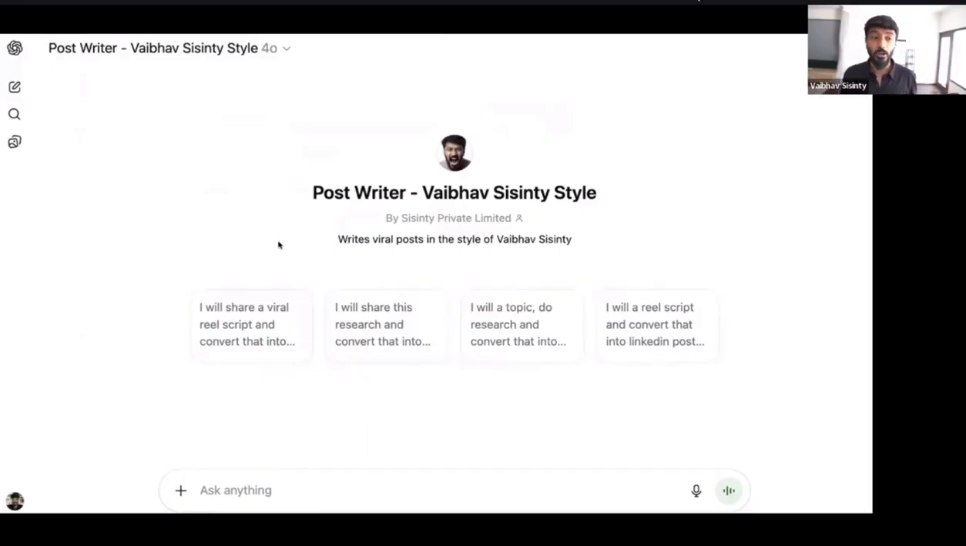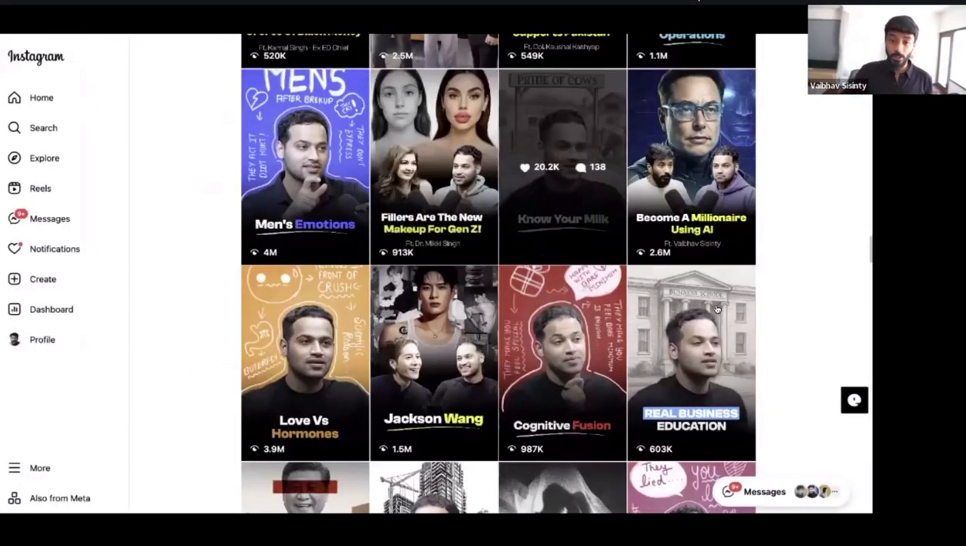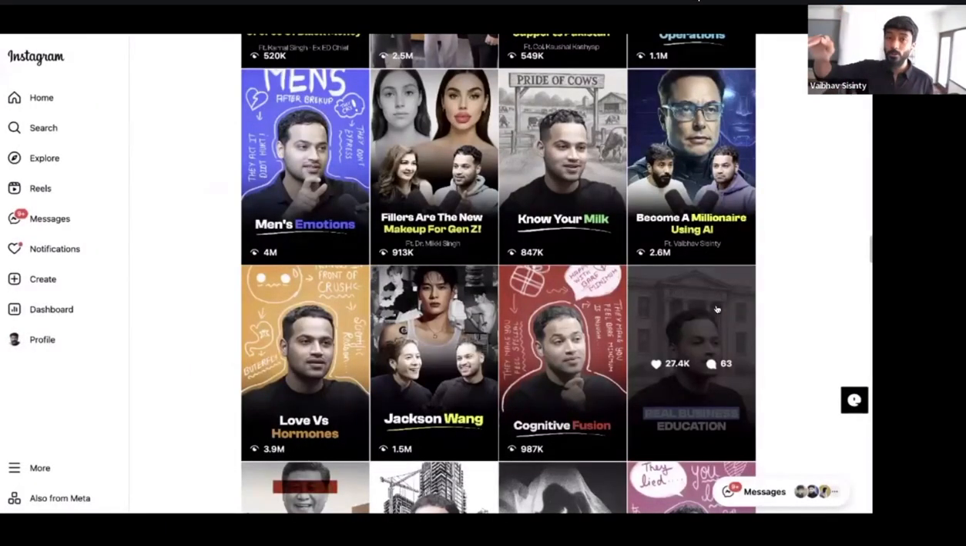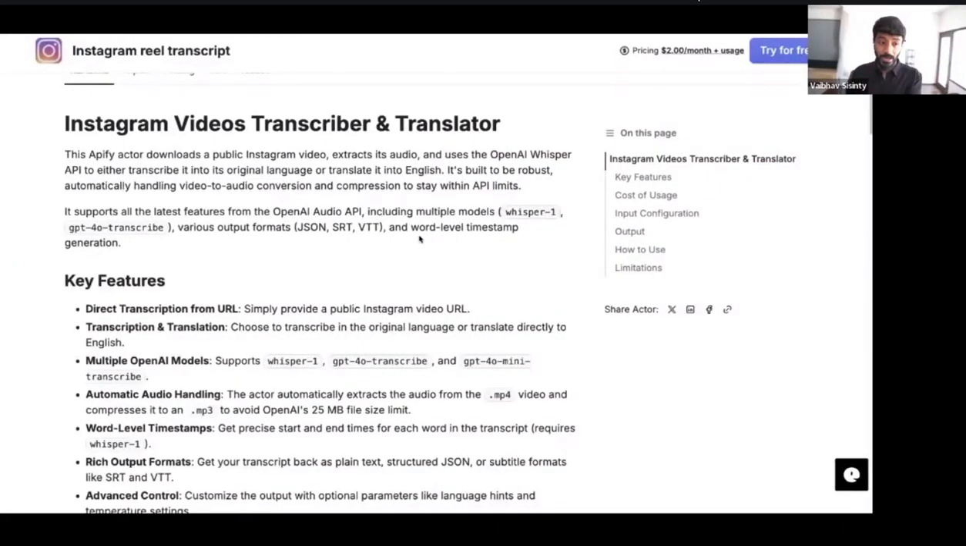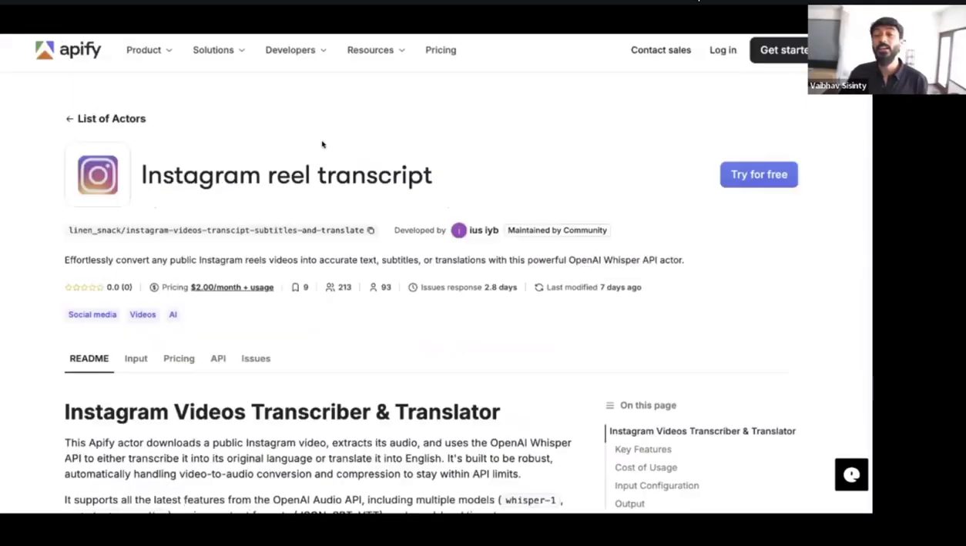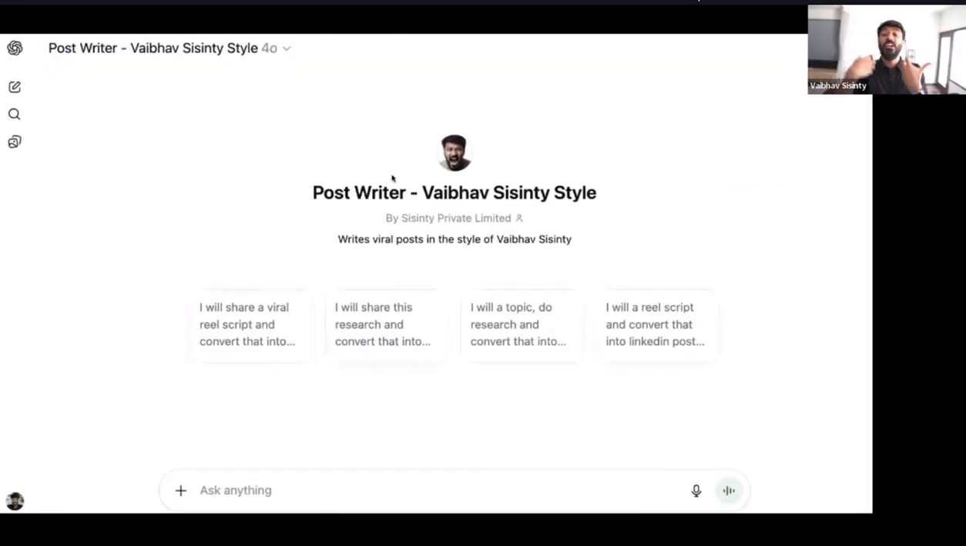So what did I tell my team? Go through all the 3,000 posts of Raj, put it on a Google Sheet, make a note of likes, comments, views, everything, do data analysis to find the top 100 posts, go through Apify to download the top 100 videos, go through one more Apify tool, to download the transcripts. Once you have all the transcripts, upload them into ChatGPT one by one so that it can generate me 100 viral LinkedIn